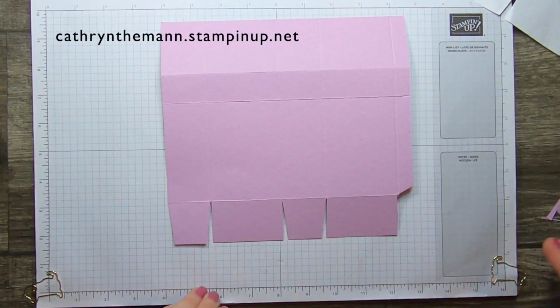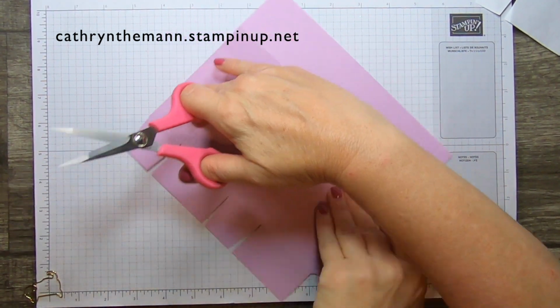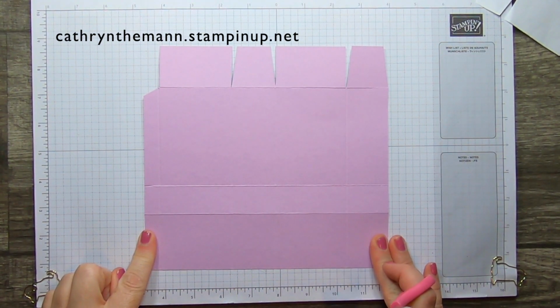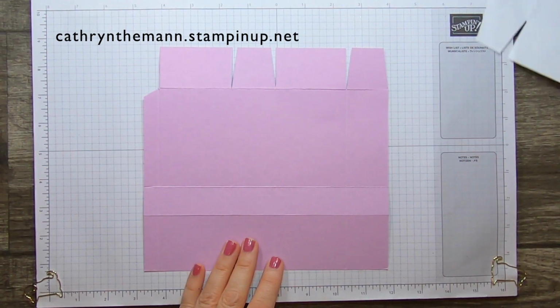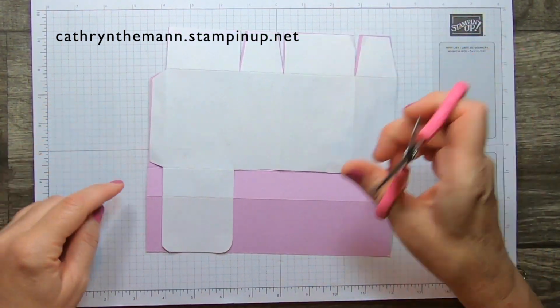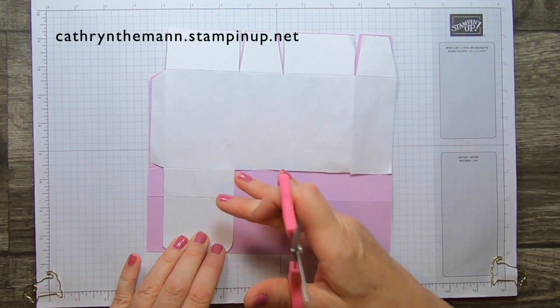Alright, so that's what it should look like on the bottom now. Okay, we're going to turn it 180 so that the skinny rectangle is on the left, the 2-inch piece is towards you, and the 1-inch piece is at the top. Alright, and then this is what we're going to do. We're going to take off these 2 rectangles, wedge a little above it, and then we're going to get rid